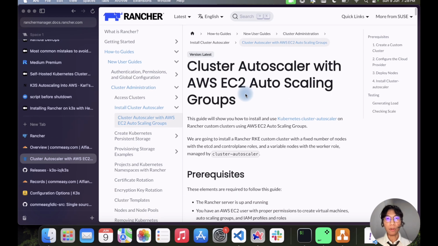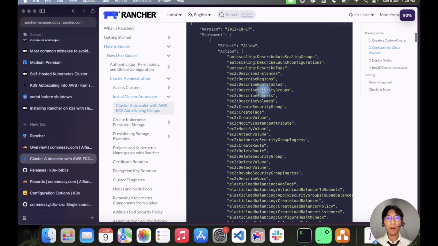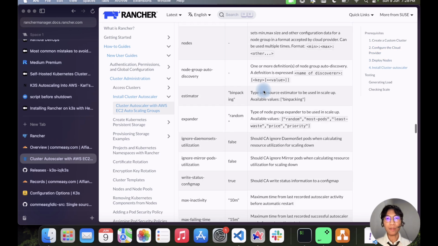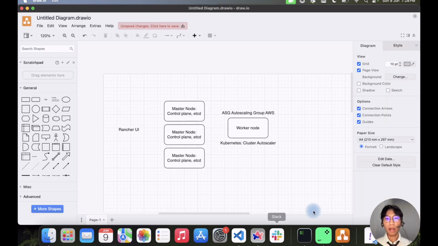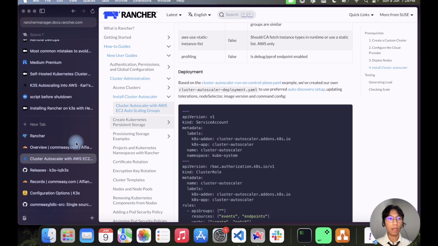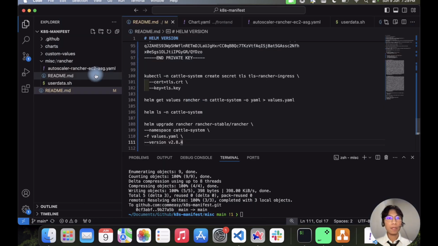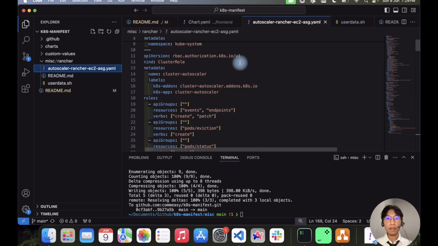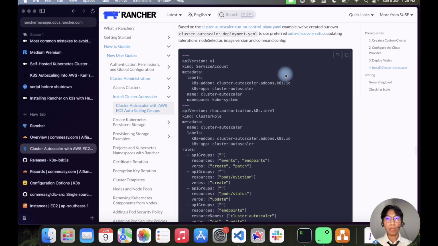So you can actually follow this Rancher documentation, but I will not try to focus on the documentation because all of this pretty much takes a longer time to understand. So that's why here I will try to explain in a more easy and friendly way. Hopefully, you first need to create this manifest file, and the manifest file,